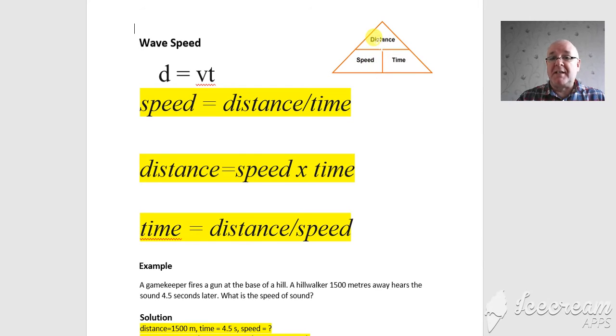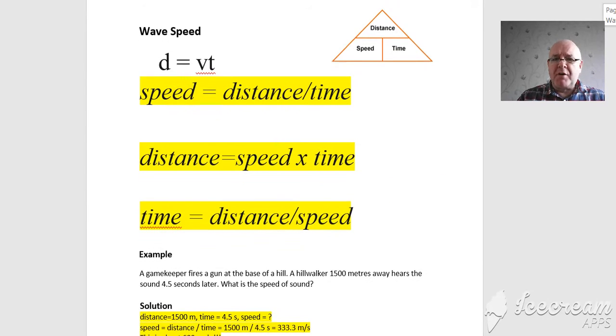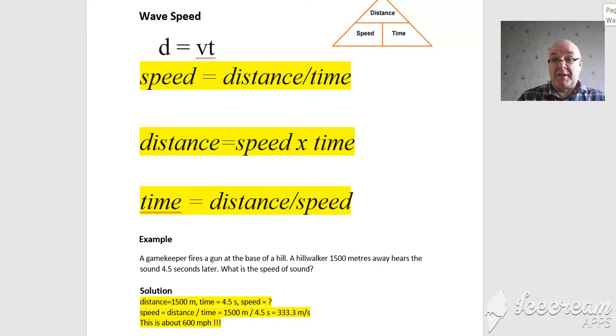Okay, so speed is again distance over time, but it's also true that distance is speed times time, and time is distance over speed. Each of these should be familiar to you already because you've already done this in the dynamics and space section. And so there should be nothing new here for you. But I'm going to go through some examples and just point a few things out for you.